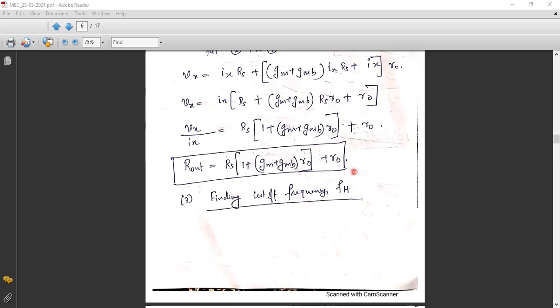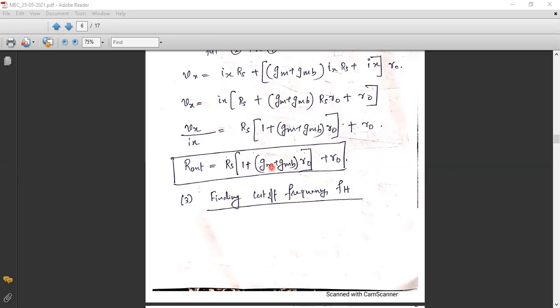And you know why you need to find the cutoff frequency of an amplifier, because at this cutoff frequency the gain of the amplifier is going to decrease. It becomes 70.7% of the maximum value, and if you increase the frequency beyond your cutoff frequency, the gain will still decrease. So below this cutoff frequency FH, the amplifier will be offering enough gain to the signal. That means the user should ensure that whatever signal he is giving to the input of the amplifier should be within this particular range, starting from 0 till FH. Till the cutoff frequency FH only, he can give any signal.